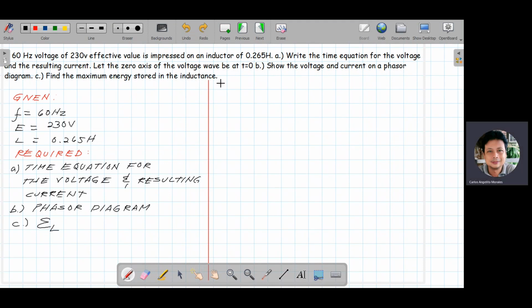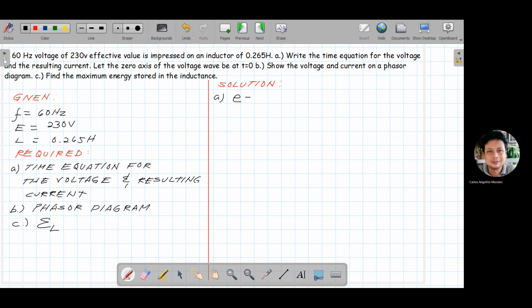Letter A. Para sa letter A, ang solution natin is... So, letter A,